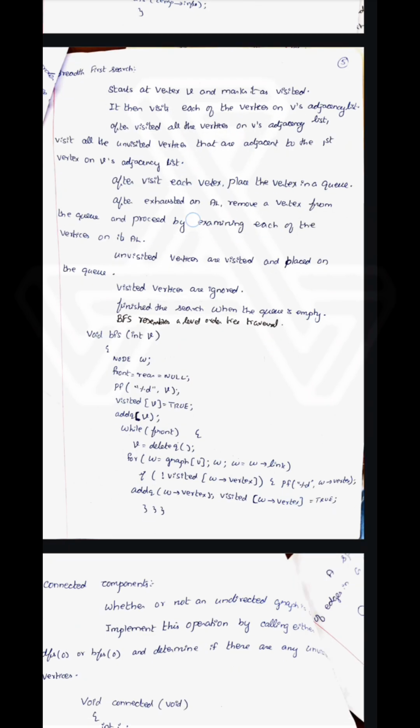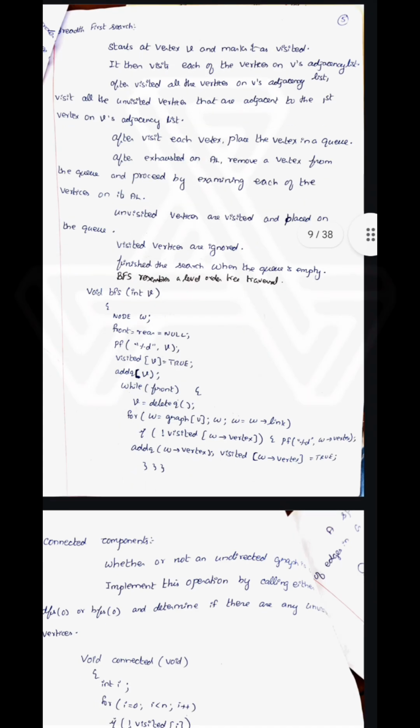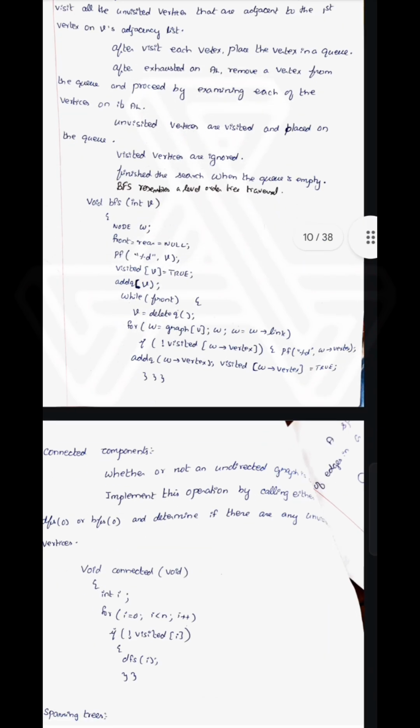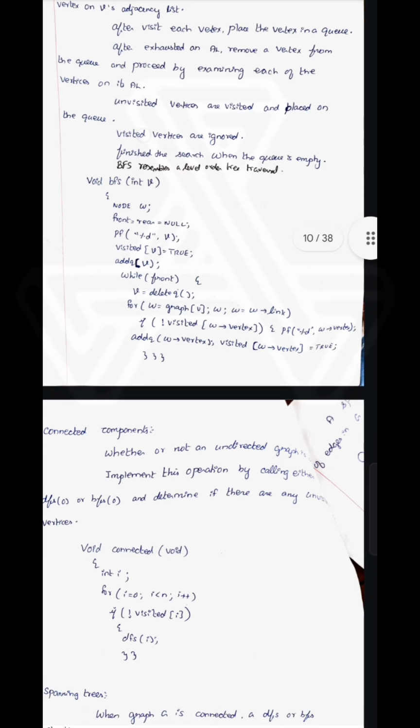void bfs(int v): node w; front = rear = NULL; printf("%d", v); visited[v] = true; addq(v); while (front) { v = deleteq(); for (w = graph[v]; w; w = w->link) if (!visited[w->vertex]) { printf("%d", w->vertex); addq(w->vertex); visited[w->vertex] = true; } }